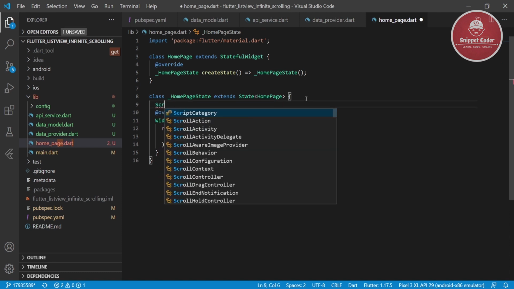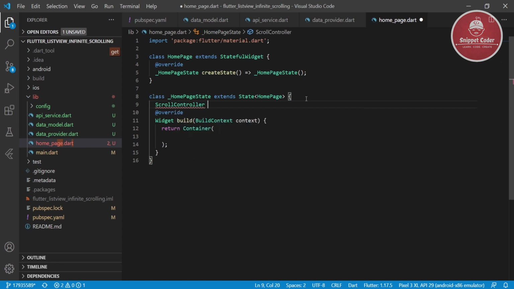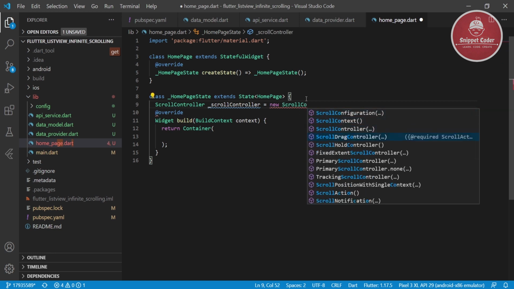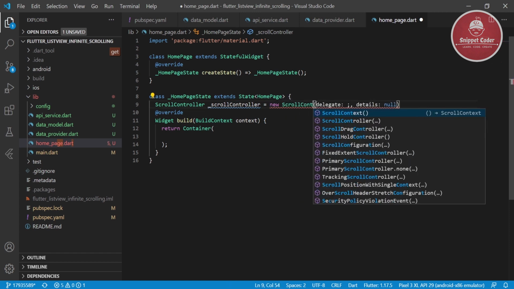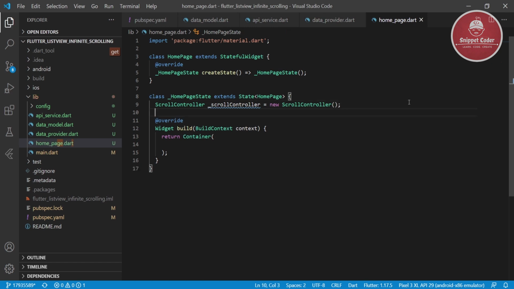Here we will use the scroll controller. And we will have one parameter of int type, that is page is equal to 1. By default we are calling the first page.